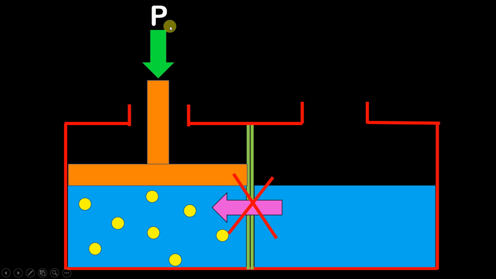It is nothing but the pressure that we apply on this liquid surface with the help of the piston so that the volume of the solution does not increase, and if the volume of the solution does not increase, then obviously there will be no flow of solvent molecules from right hand side to the left hand side, and this pressure is called as osmotic pressure. I hope that you have now clear with what is osmotic pressure.